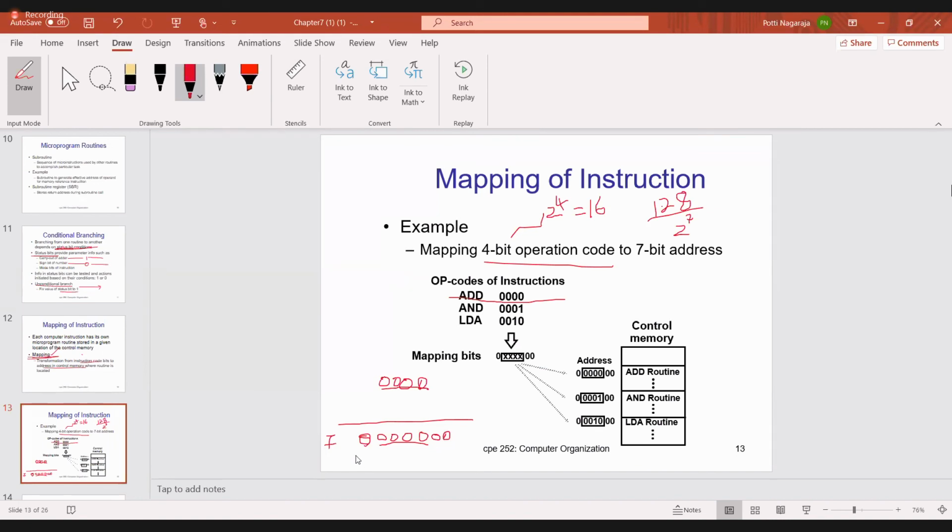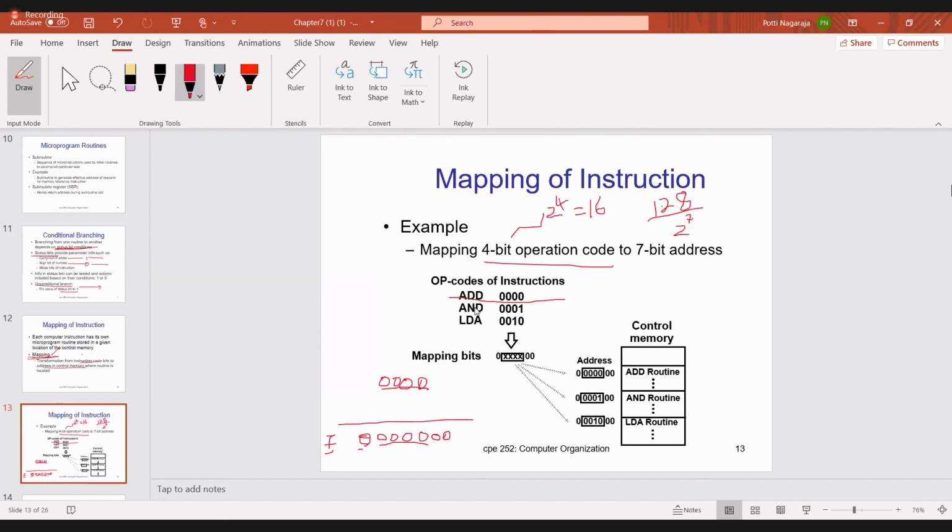Do you understand what I said? Yes, sir. Add opcode, then 4 zeros. So this is 4 zeros. And now how to get the mapping address? I have to get 7 bits. So the MSB is always 0, both LSBs are zeros, and the opcode you just write here. So this is the new address of the add routine.